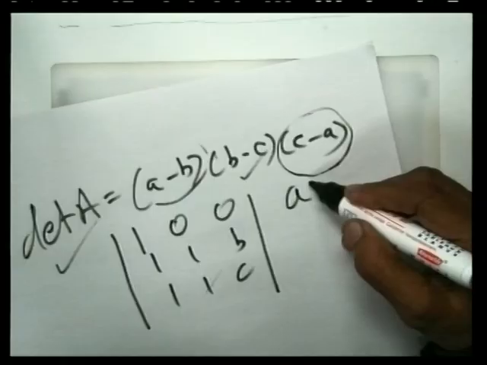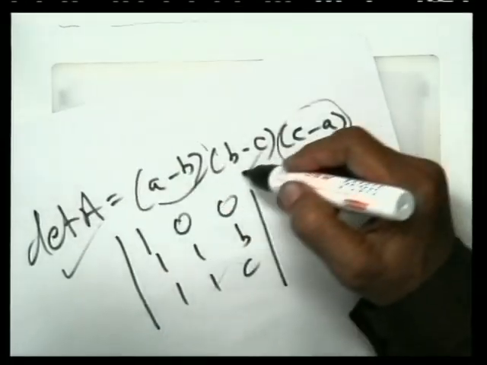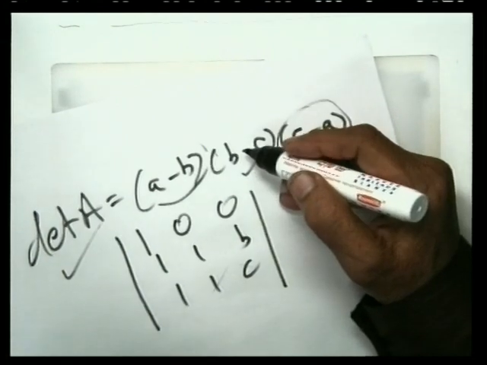If a, b, c are distinct, in that case this determinant is not 0. In that case you have A invertible, that is A is non-singular and the determinant is not 0, and